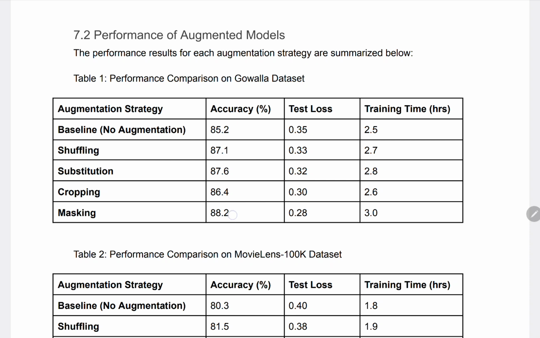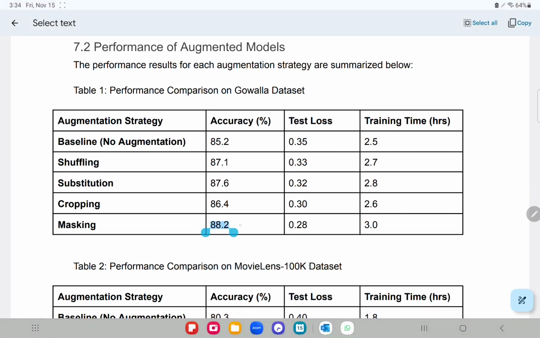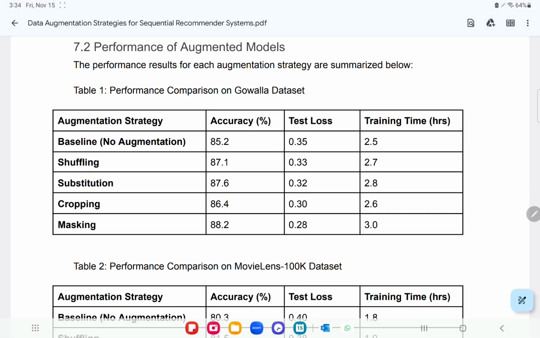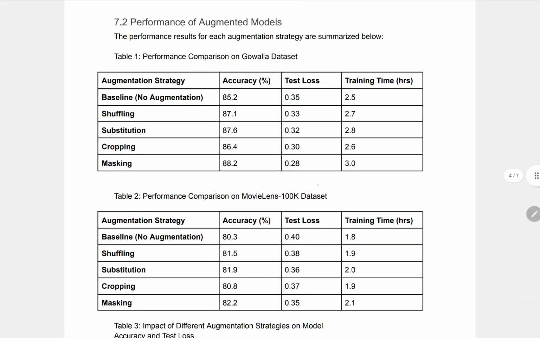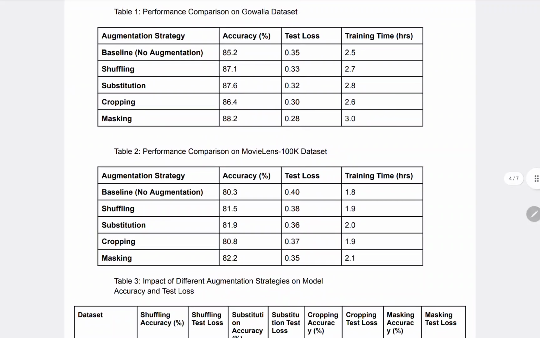On Gowalla, accuracy improved by 6%, from an 85.2% baseline to 88.2%, and test loss dropped significantly from 0.35 to 0.28. On MovieLens, accuracy improved by 4%, from 80.3 to 82.2%. Masking likely performed best because it forces the model to predict masked items, enhancing its ability to generalize from incomplete